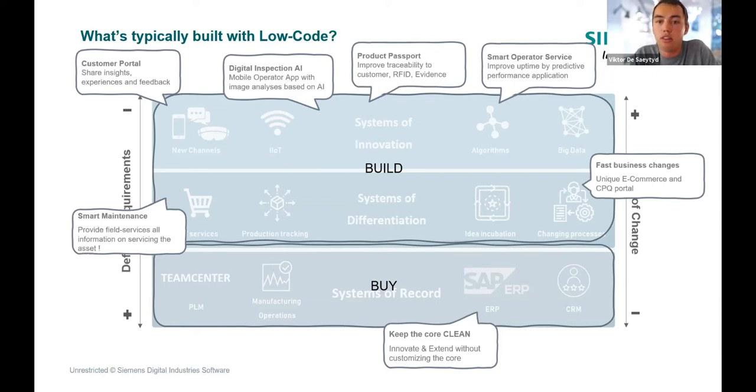And I think this is where it's of vital importance that you can be flexible and agile, rather than in your system of records, where you have few changes and huge requirements that your production remains operational. It is vital that in your differentiation and innovation layer you are flexible and have a rapid rate of change, so that you can really focus on driving new initiatives and responding to the market quite fast.